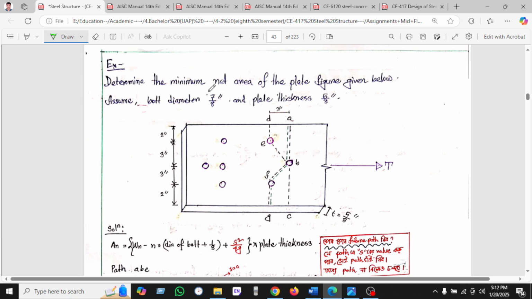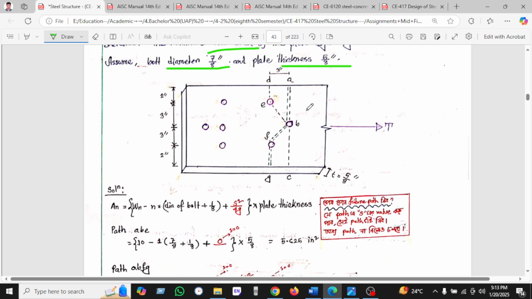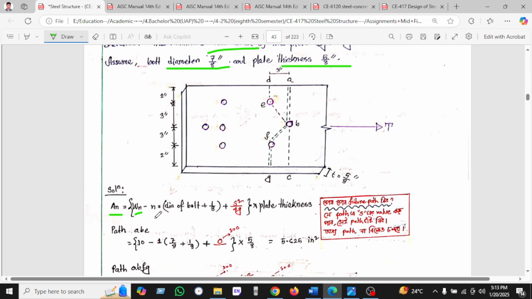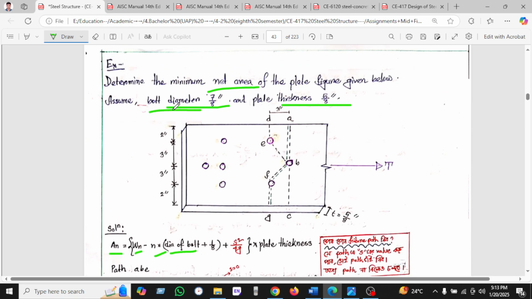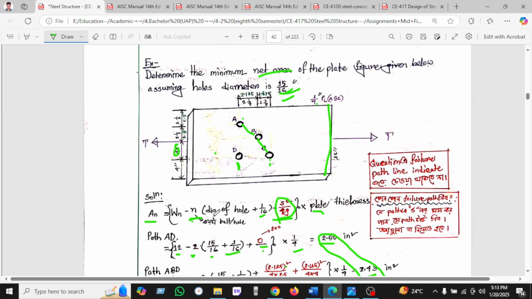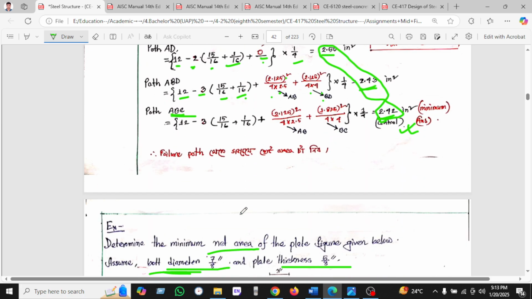Determine the minimum net area. The same question of the plate is in the figure below. Assume the bolt diameter is given and the plate thickness is 5 by 8. We can see here the area equals the width. We know the given width, the number of bolts, and the diameter of the bolt is given. In this case, the diameter of the bolt is given. As we have seen in the previous one, the number of holes is given,